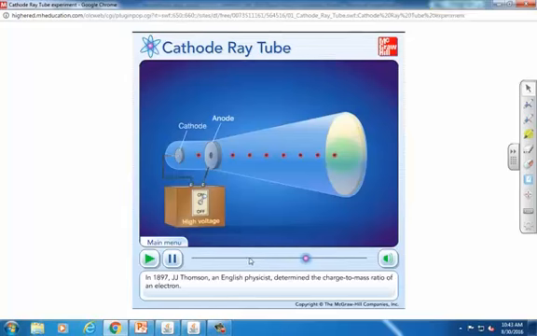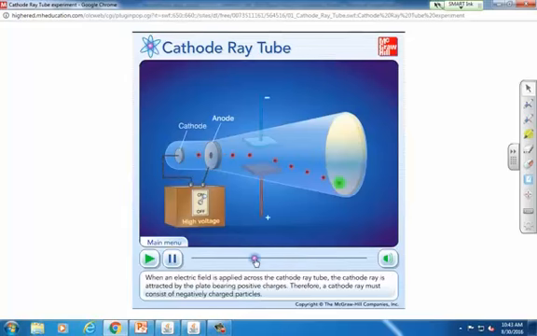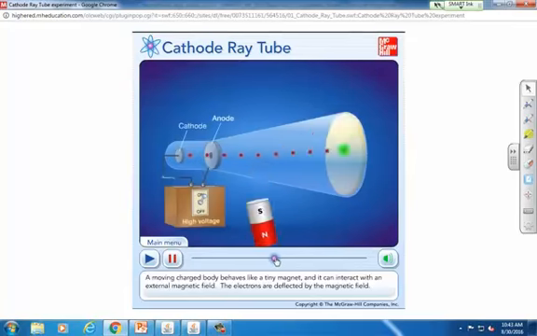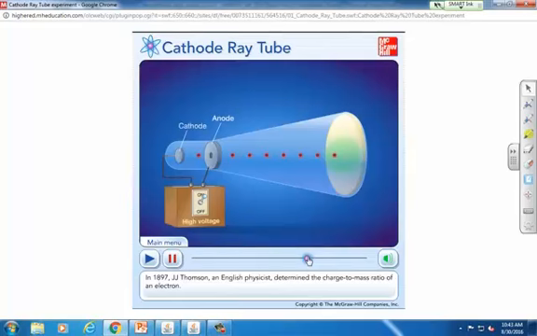In 1897, J.J. Thomson, an English physicist, showed that the cathode ray was attracted by the plate bearing electrical charge. So we know that electrons are negatively charged because of their attraction to the positively charged plate. We also know that electrons have magnetic properties. And finally, what they did was